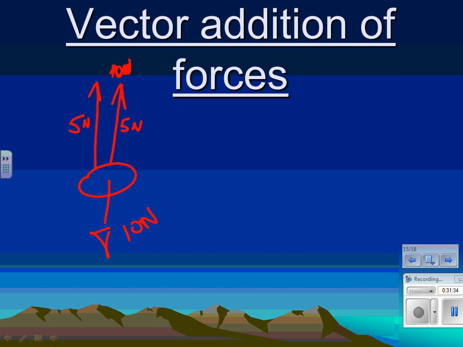What if instead of this, however, I have my cables going like that? Will it be more or less than 5 newtons? It'll be more than 5. It'll be more than 5 newtons, and here's why. Here's how you're going to solve problems like this. Assuming that you are given some angles,